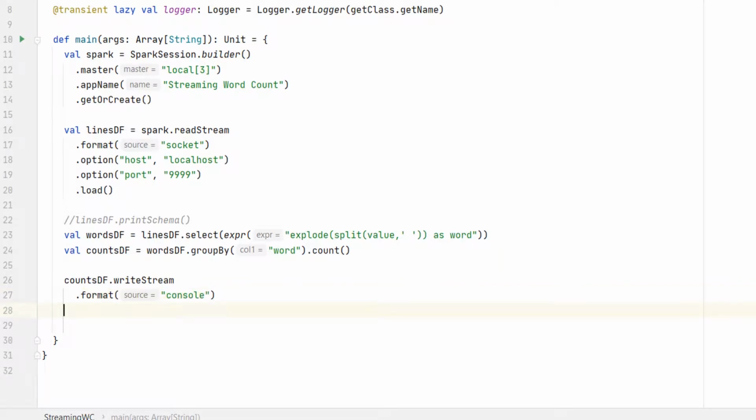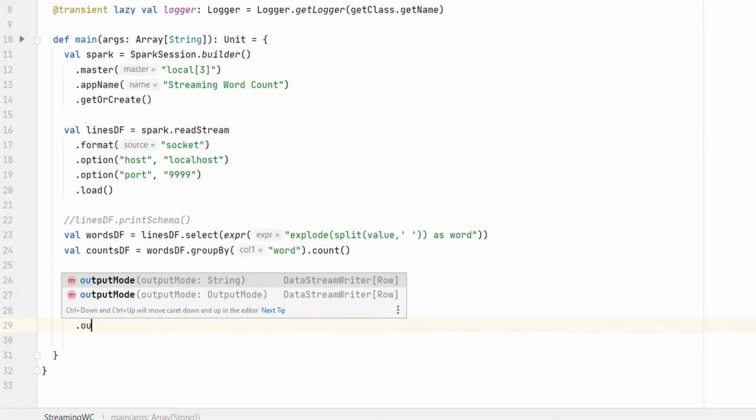Then we set some necessary options. The first and most important option is the checkpoint location. The value of the checkpoint location is a directory location. I'm giving a new directory name in the current directory. The data stream writer will use this directory location to store the progress information. I'll talk more about the checkpoint location in the next video. But for now, let's assume that a checkpoint location is a mandatory option and the data stream writer will use this directory to store some progress information about the streaming job.